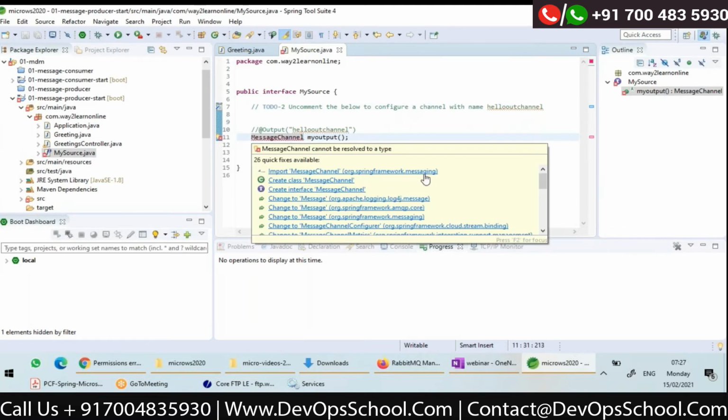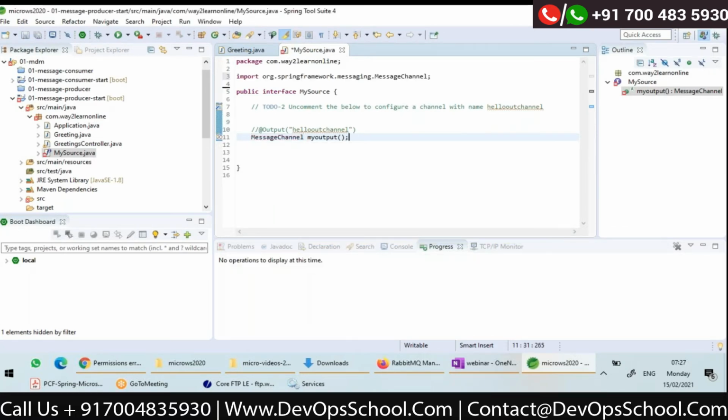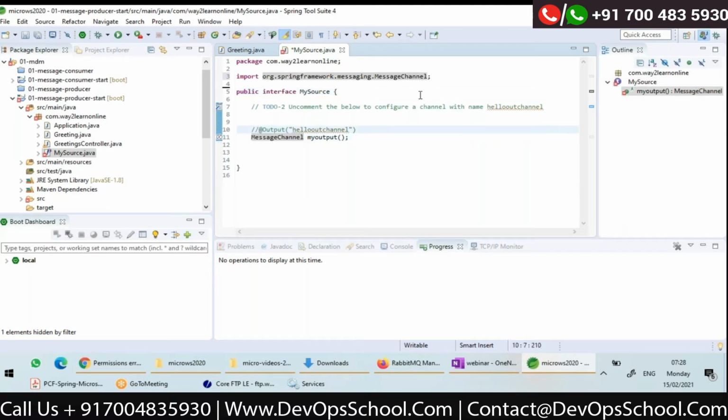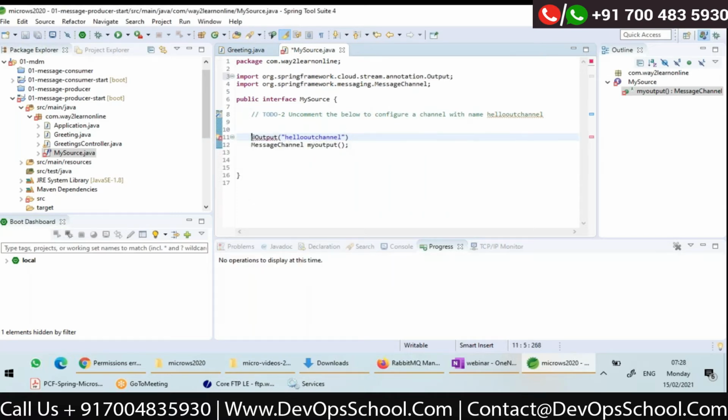I need to import it. Yeah, I'm importing it. So I need to define a method in this interface whose return type is a MessageChannel, and I have to annotate it with @Output and whatever name I want to give to my channel. Here I give hello-out-channel. Okay, that's all. Once I define this interface,